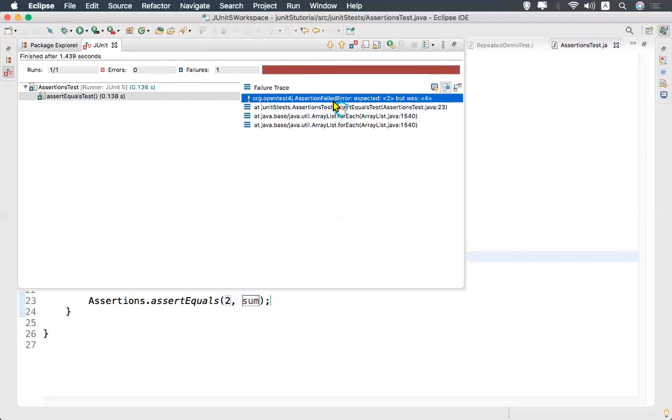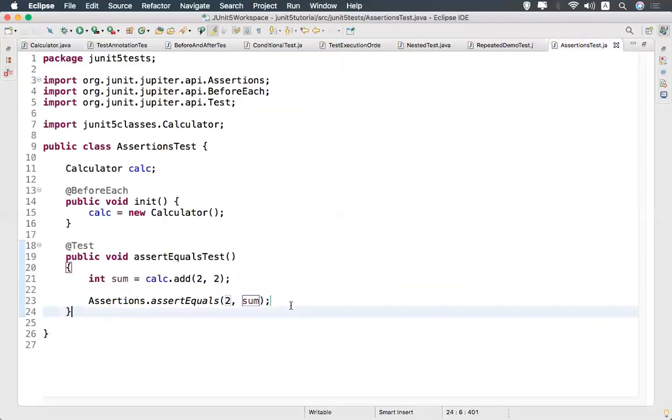Okay, AssertionFailedError. You are getting an assertion failed error. I'm expecting 2 but it was 4. It is giving exact information about what happened and why the test failed. Okay, this is assertEquals.